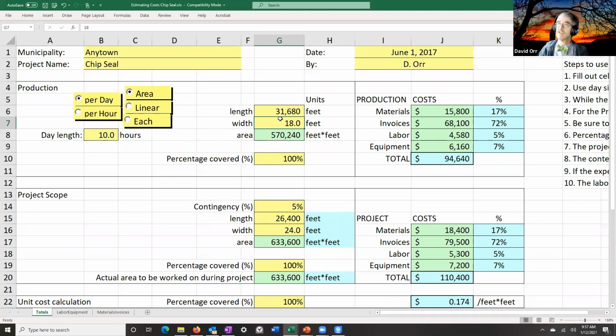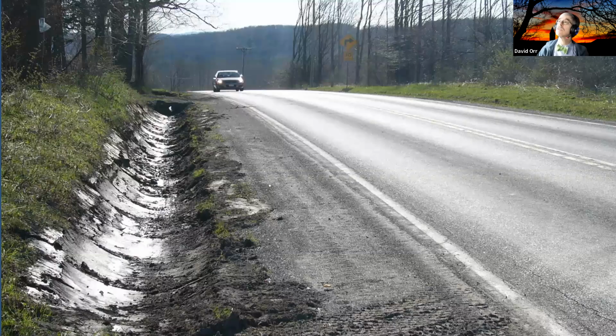So I did this initially for a road that was only 18 feet wide. If I go to a 24-foot wide roadway, I've already got the calculations there. That's the reason we like to set things up in a spreadsheet and walk through the whole operation. And remember, you can do this. Good question. You could do this for any project you want.